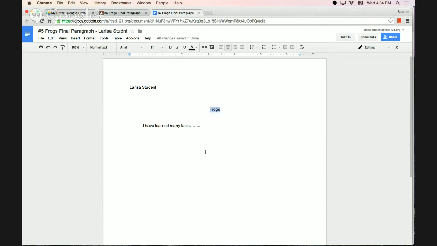I don't have to share it with my teacher, okay? All that work we did before where the student had to create the document, name it, and share it, that's already been done. So when I'm done with this as a student, and I'm just going to stop here, you'll see that there's this turn in the upper right-hand corner. Okay, the sharing has already been done, and I can turn it in when I'm done. So I'm going to go ahead and do that.